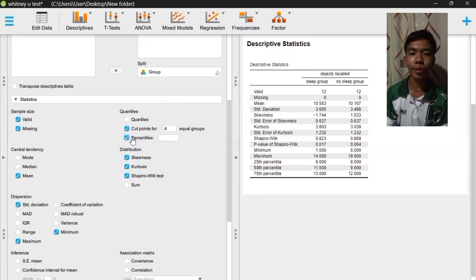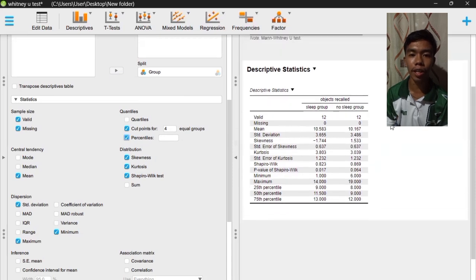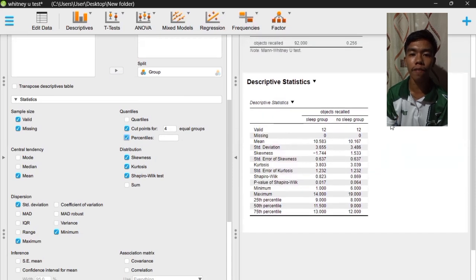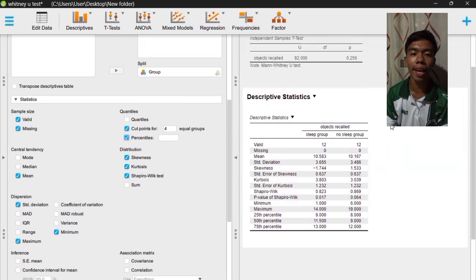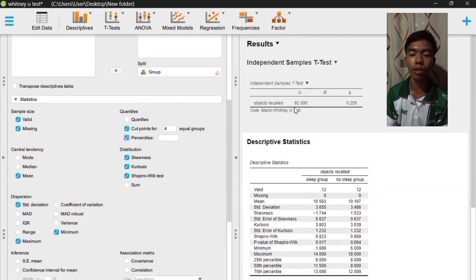And by having these two data for our descriptive statistics and the independent sample test, we can make an assumption, a decision, an interpretation, and a presentation in the use of the 7th edition APA format. We can assume that the Mann-Whitney U-test assumes that the data comes from two different, independent groups.